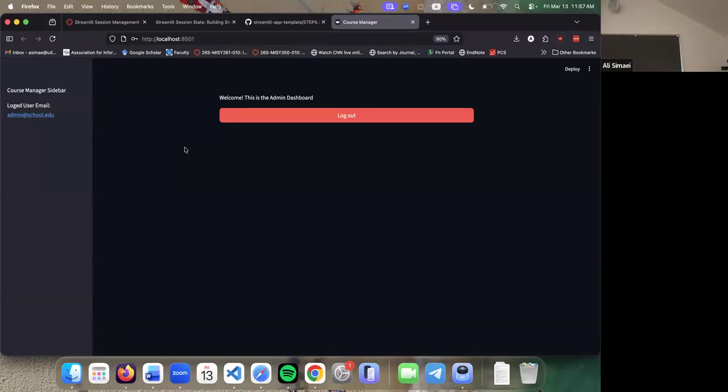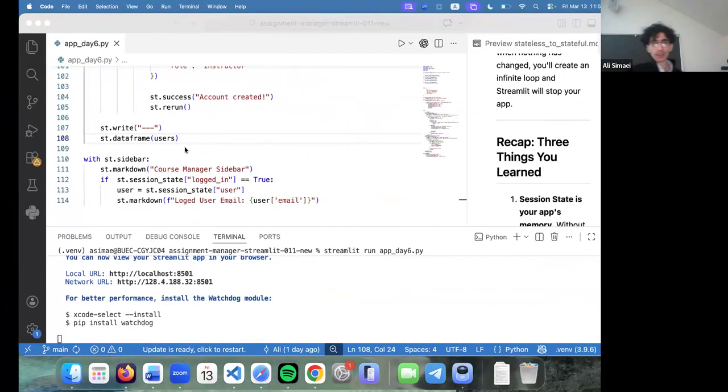This will tell us we're using session state, because now it remembers. After I logged in, it remembers. It only happened because I wrote information about the user into the dictionary, into the notebook, before rerunning the page. If you look at it here,